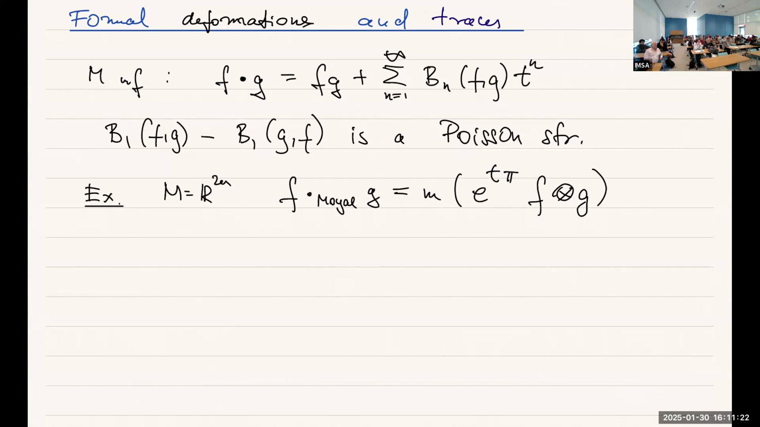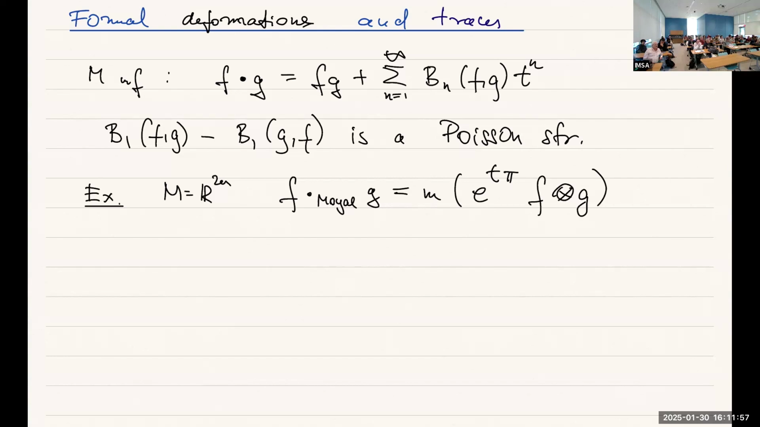So a simple example is the Moyal product. That's a non-compact case. Most of the time I'll be interested in the compact case, but here it's a non-compact one. I look at R to the 2n, and there is a completely explicit formula for this. You take the standard symplectic form on R to the n, and you take the corresponding bivector field as a bilinear operator, and then you take its